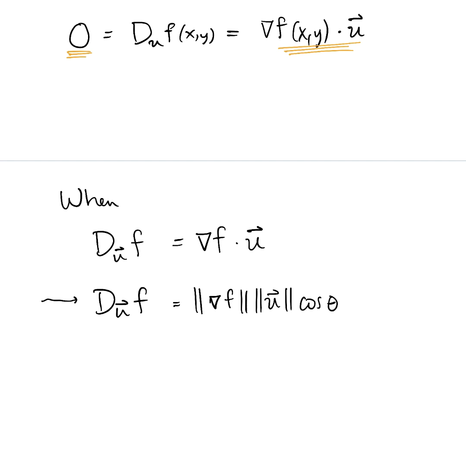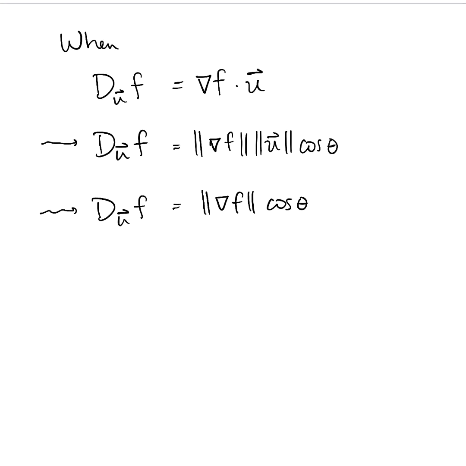But remember, u is a unit vector in this entire discussion. So its magnitude is 1, which means the directional derivative is simply the magnitude of the gradient times cos theta, where theta is the angle between the gradient and the direction vector u. What's the biggest cosine can ever come out? 1. What's the smallest cosine can ever come out? -1, which means, grand conclusion,